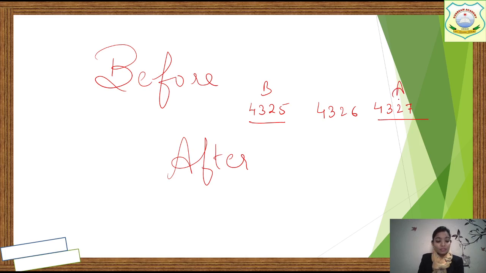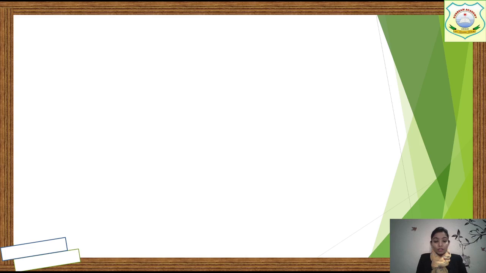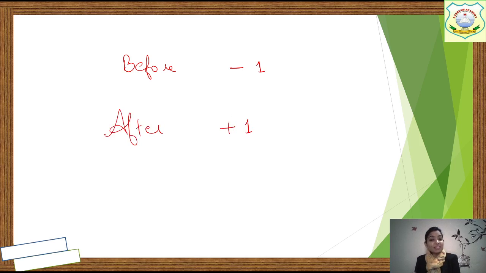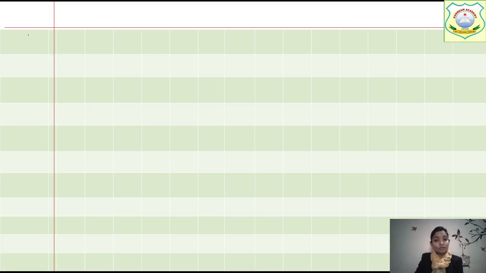Now after this you need to understand that before का meaning क्या होता है? Before means -1, or we call it predecessor. After means +1. किसी भी नंबर में हम जो नंबर दिया उसमें +1 करते हैं, that is successor. It is also called successor, right? In class 3rd you will read predecessor and successor in place of before and after. So these are the terms. Now let's proceed with the question.